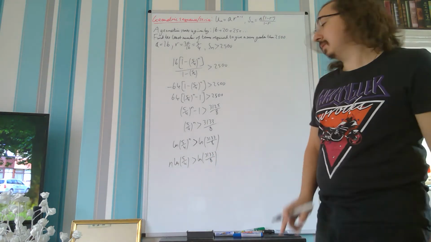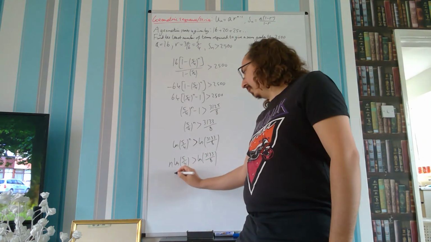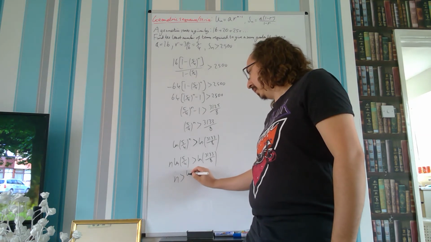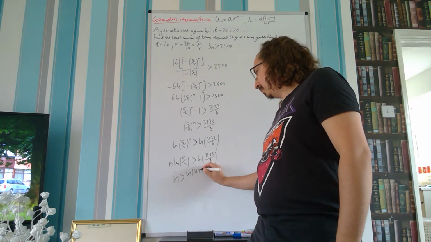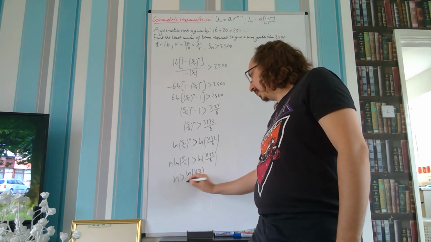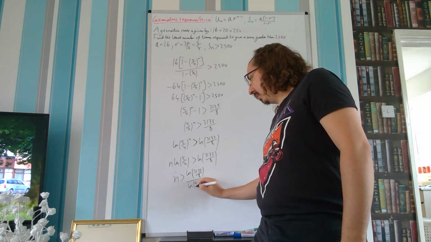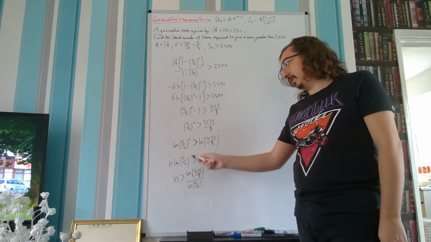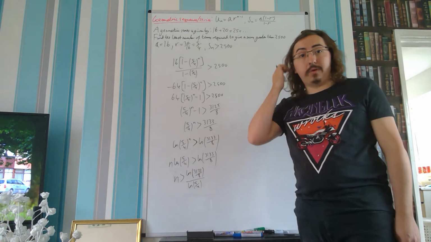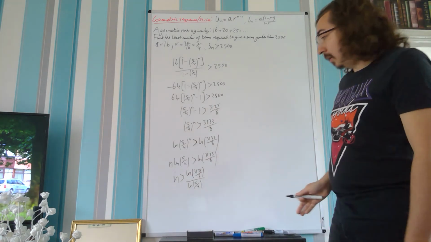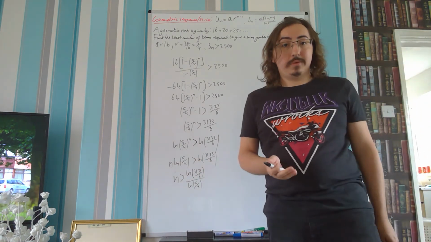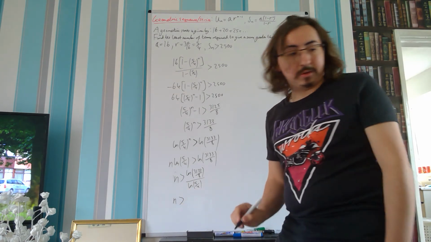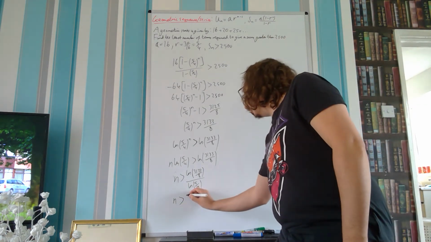Divide by the natural logarithm of 5 over 4, such that n is greater than the natural logarithm of 3,133 over 8, all divided by the natural logarithm of 5 over 4. We don't need to worry about the sign on the inequality because the natural logarithm of 5 over 4 is a positive value. Now, that's not very helpful to us, so let's convert that into a decimal. So we've got that n is approximately greater than